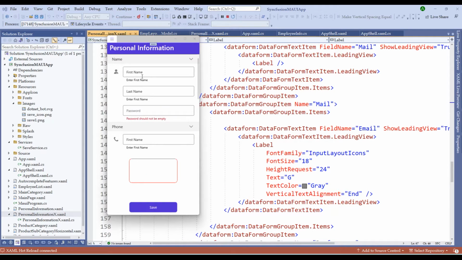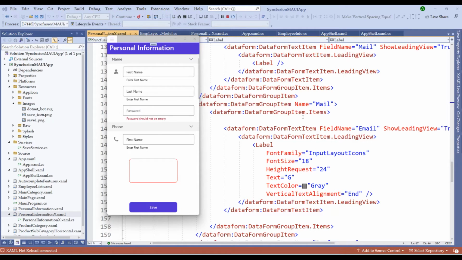In the previous sessions, which is session 4, 5 and 6, we have used the Syncfusion data form control to build the employee personal information page. Data form control is a pretty useful control that can build simple data form pages for sign up, login and other employee information.